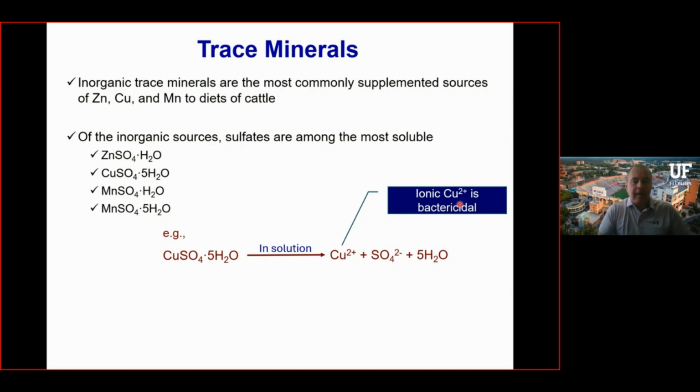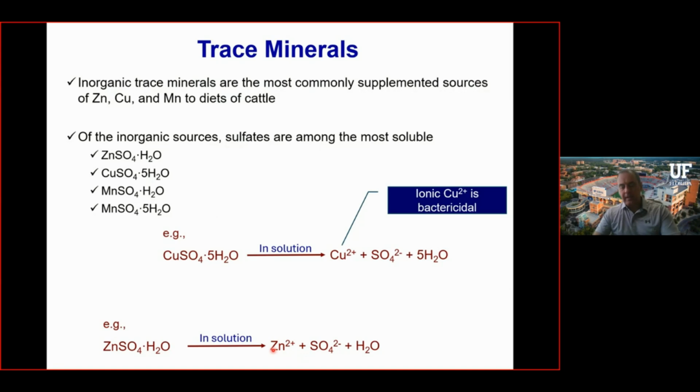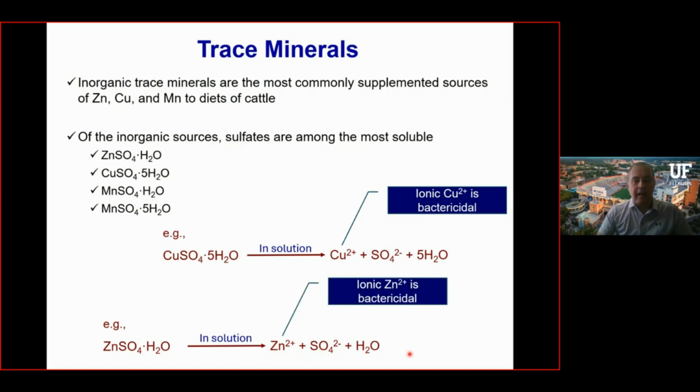This is why in dairy farming it's not uncommon to use copper as an antibacterial, for example, in footbath solutions or during treatment of animals that have hairy heel warts or other problems. But this will also happen in other situations, such as when consumed by the animal and present in the rumen. The same is true for zinc sulfate. Zinc sulfate in solution can solubilize, and once it's soluble, it can ionize, now forming the divalent zinc ion, which